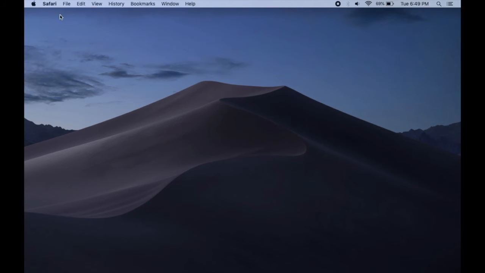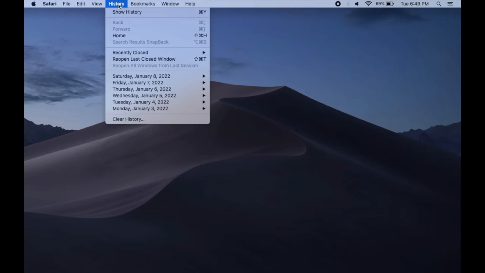So if you use Safari, you want to go to History and then you want to do Clear History right here. And I'm not going to do this right now because it clears the cookies and stuff as well, and that would sign me out of websites. But you do that and you can repeat the process for other browsers as well, and that's really all there